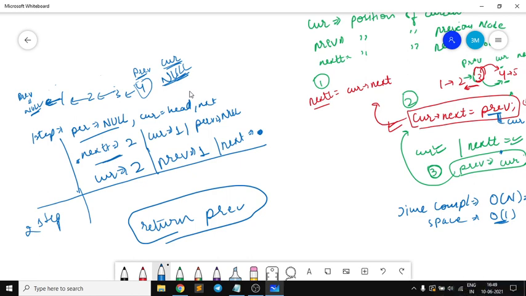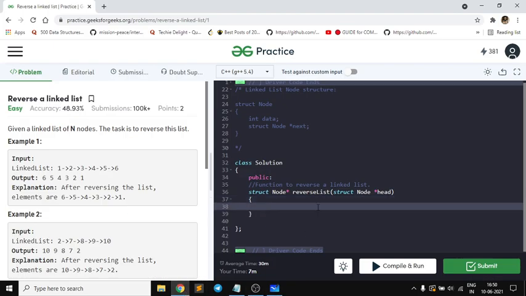So let us now code as we said, right? As I said, first of all I will add current that will be pointed to head, right? And I will have a previous that will be pointing to null, right? And I will have a next one, let's keep it nxt, correct?